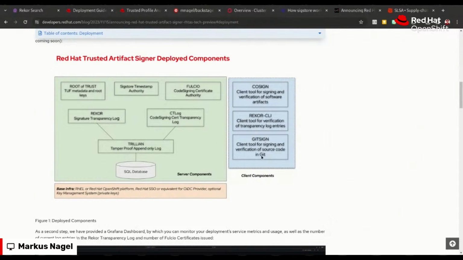We have our toolset here that needs to communicate with these components. So how do I make this runnable on OpenShift or Kubernetes in general? That is a recurring theme in a lot of these things, and this is basically what we're doing here: making this consumable, deployable, and obviously also supported and hardened for enterprise use. So that's what this is all about. With that being said, let me quickly share a different window.